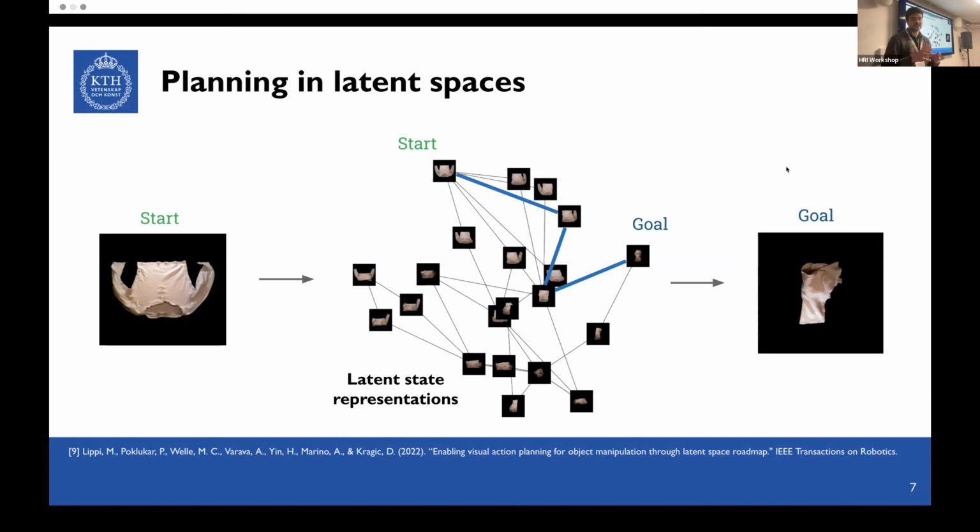By doing this over a dataset of interactions, we can have the same states clustered together in latent space, while different states are clustered further apart and connected by an edge. In this case, we can obtain this graph, which allows us to plan the sequence of motions in order to achieve the goal configuration of the folded state.